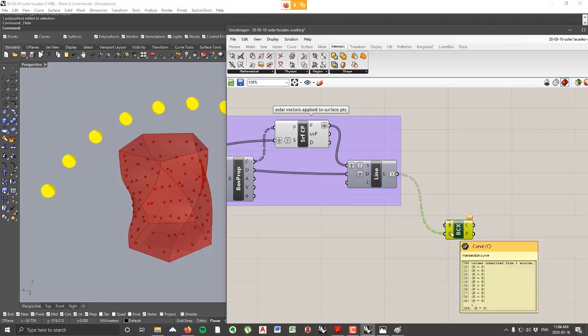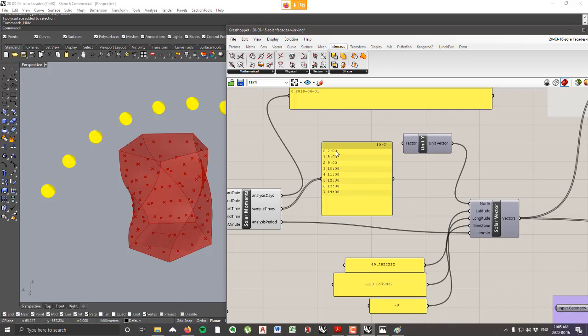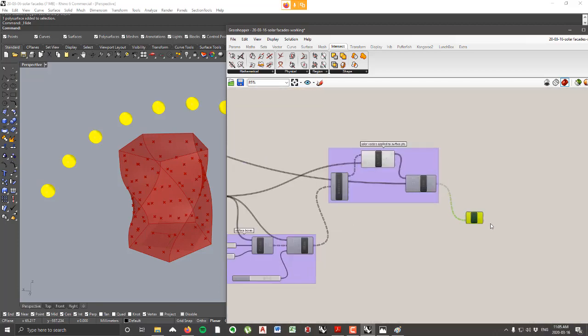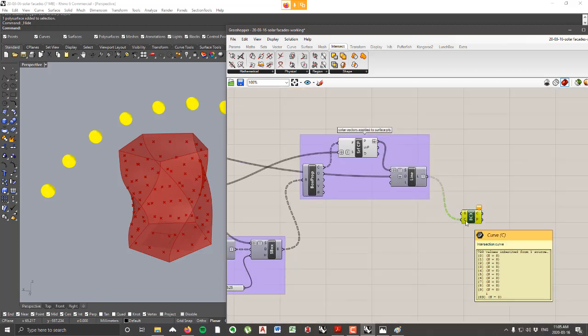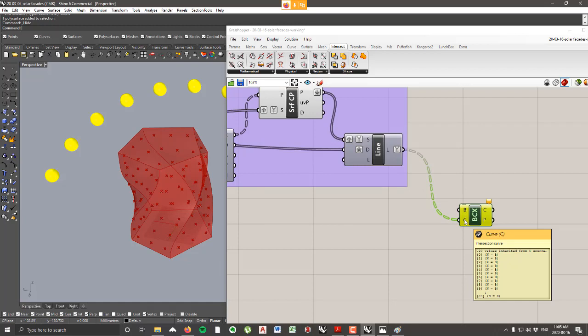Now, this is kind of the first class where we're starting to get into a little bit more nuanced list management. Because if you think about what we want to do here, right now these curves are organized by surface point. That's why we have all these lists of 8. Because if we look at our solar vectors, we have 8 solar vectors corresponding to the hours 7, 8, 9, 10, 11, 12, 13, 14. So 7 till 2 p.m. We want to analyze each of these lines individually to test for intersections between all of this geometry and possibly some context geometry. So what we want to do then is right click on the intersection curve